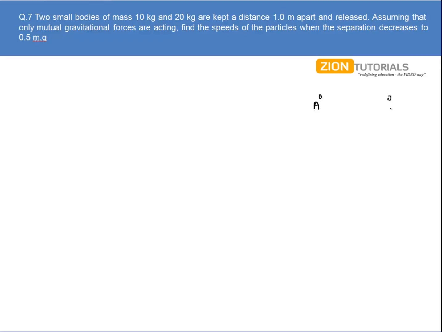Fine. Now let's say I do have two particles that are kept at a 1 meter distance. Initially, this is my particle A, this is my particle B. Now the gravitational force will act between them, and we know that the gravitational force is an internal force. So if and only if gravitational forces are acting between two particles, then the linear momentum will remain conserved,